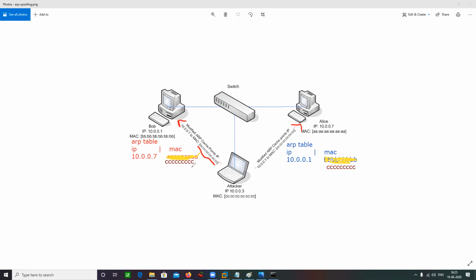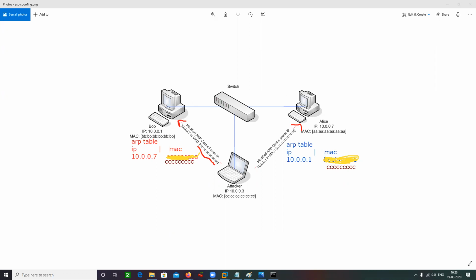What is going to happen when these entries are overwritten? Can anyone tell me? Once the attacker has successfully poisoned the ARP tables, what is going to happen next? Right, all data will go through the attacker's computer.